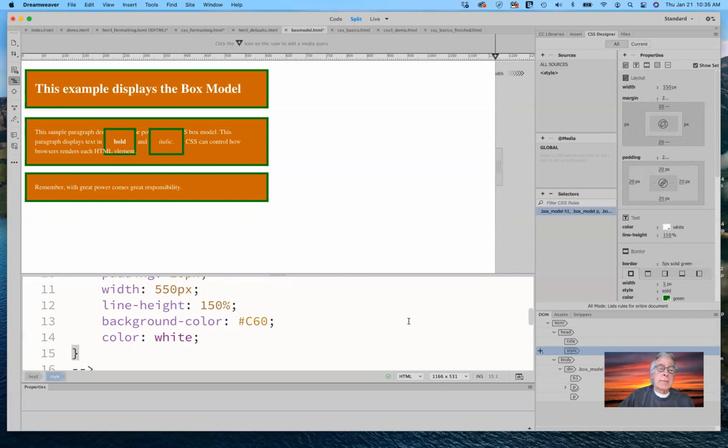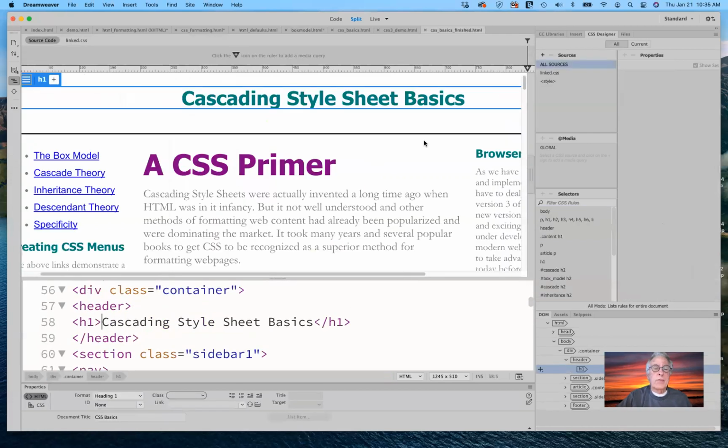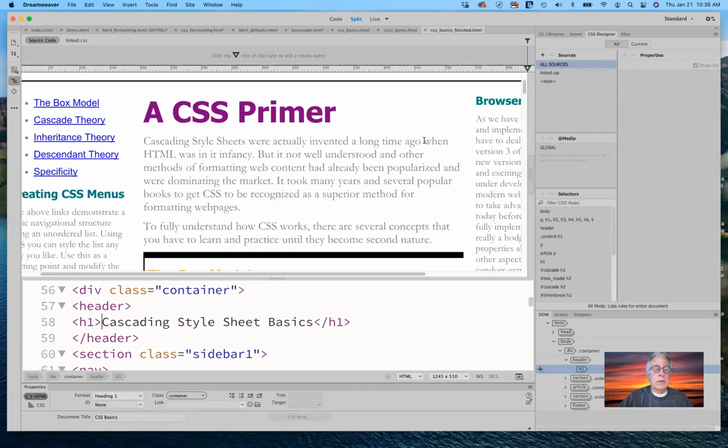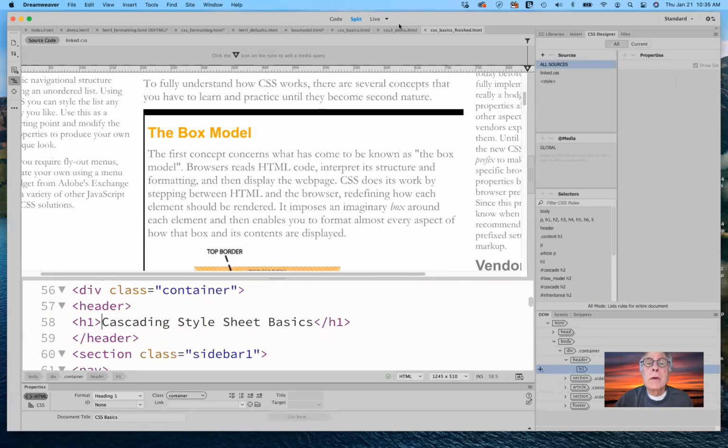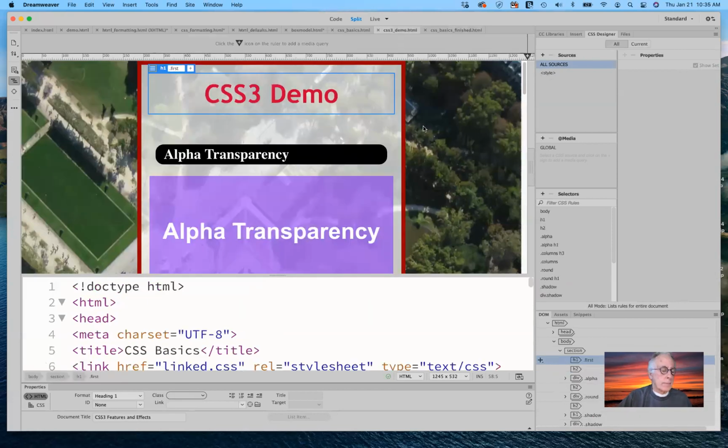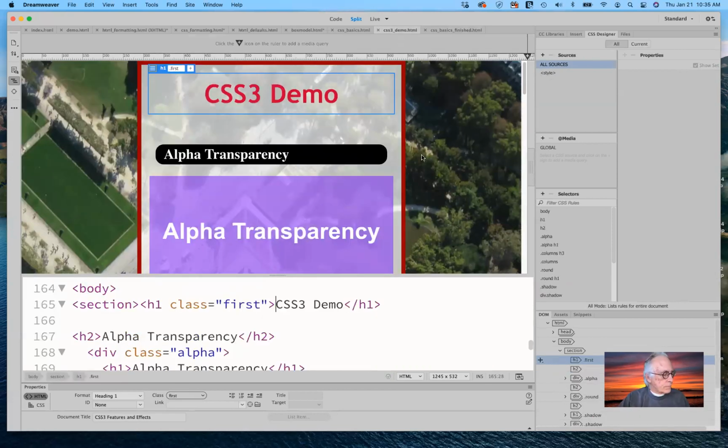Most browsers have been significantly improved and have adopted the current version of CSS3. And so your pages should look pretty much the same in all of them. Again, if we go to the finished page here and we look at this, some of the things, actually, I don't want to look at that one yet. I want to look at this one. So if you're wondering, what are some of the advantages to CSS, especially CSS3? One of the things that makes it